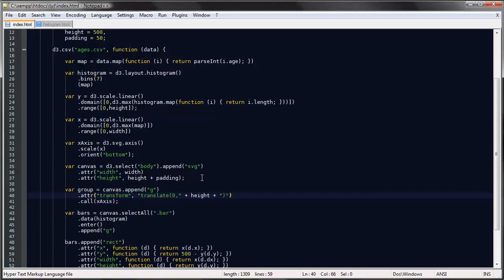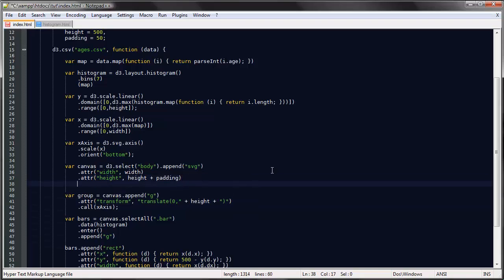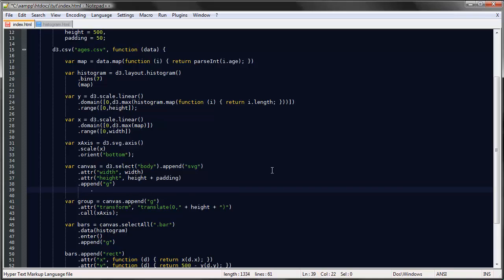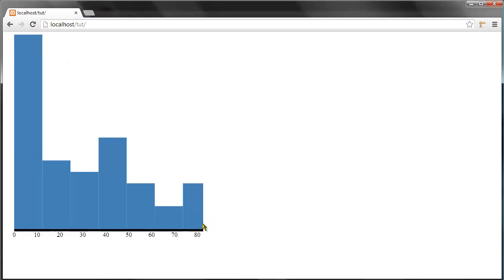And we can actually move everything a bit to the right as well. So we'll say attribute transform, and this is to the whole canvas. Translate 20 pixels. Okay,